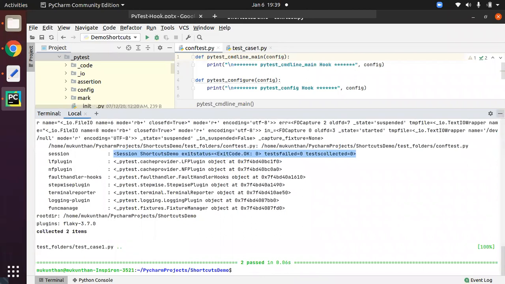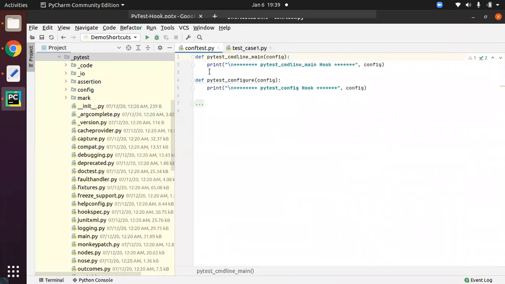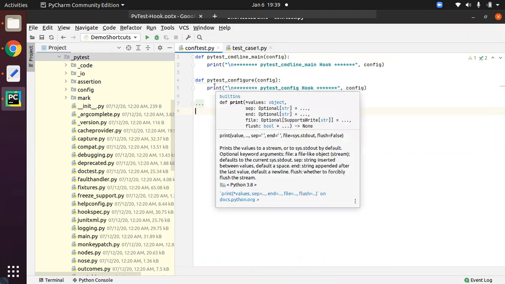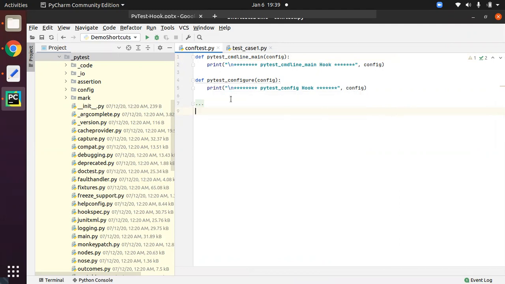Now the next question. We will come to the conftest.py. Here you can see the command line, so that statement will come automatically, and after that, PyTest configure. Since our conftest is also a plugin, a local plugin you can consider, we have seen that it has been registered as well. Before registering this conftest.py, you will see the print statement PyTest config hook.